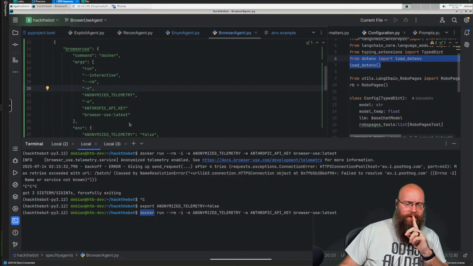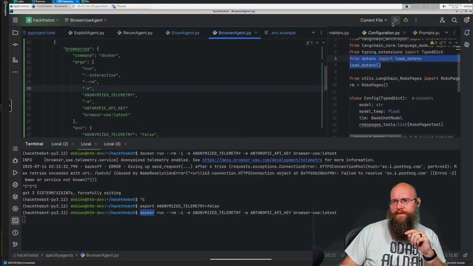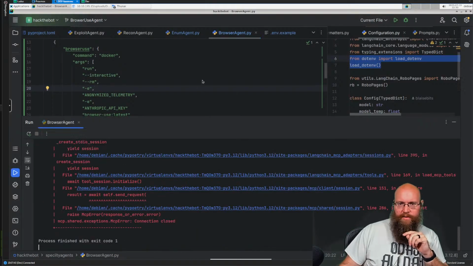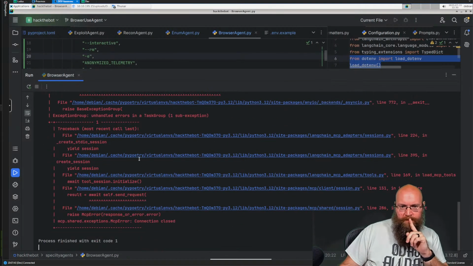Let me try something, actually. I think I might have noticed something. I'm going to run this again, and let me dig through the stack trace here. So create standard IO session yields a session. File here. Create session yields a session. MCP shared exception, connection closed.